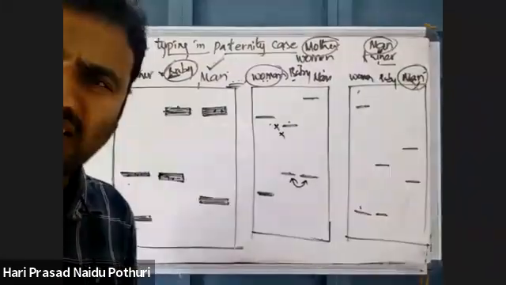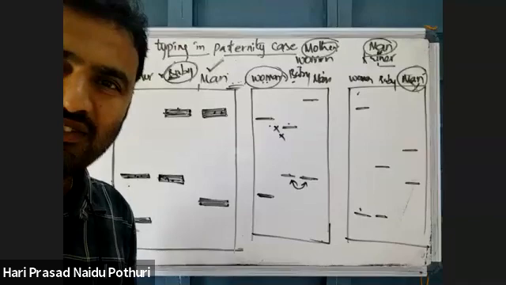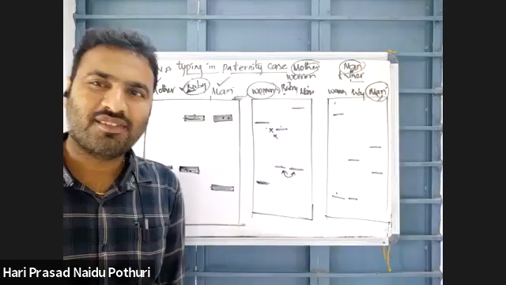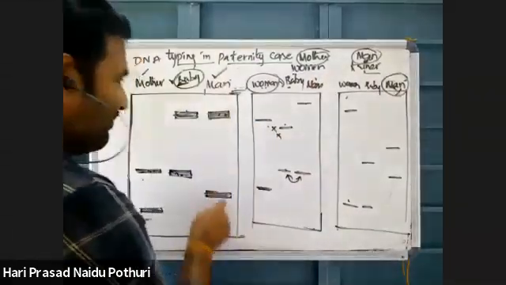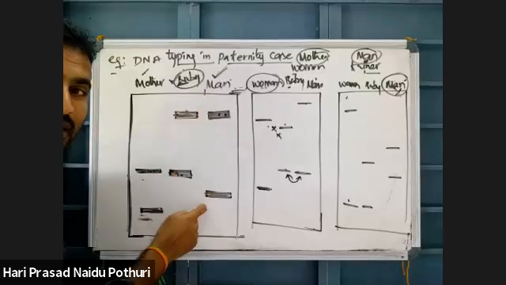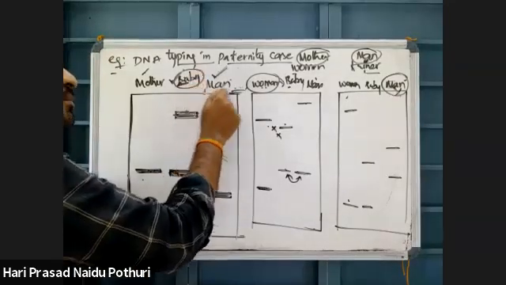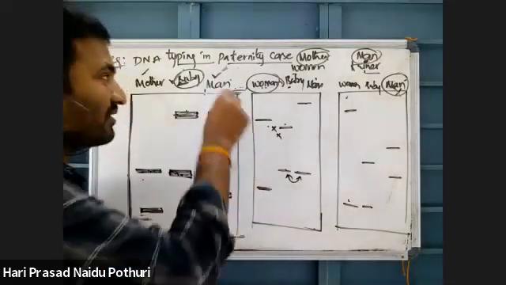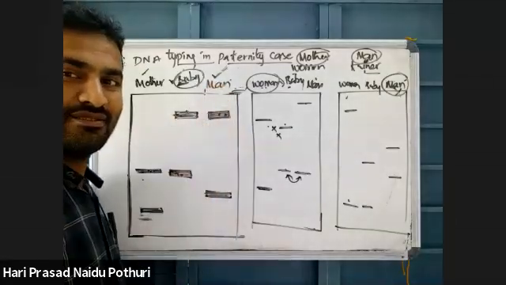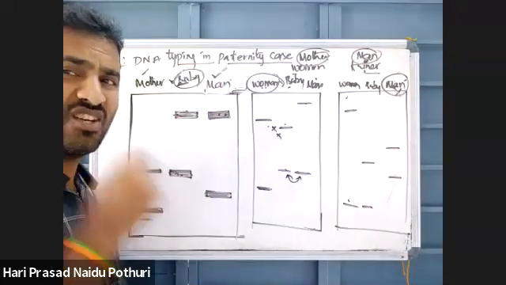Yeah, excellent doubt. Who is that? Ramakrishna, very good doubt. Suppose here it is matching. Suppose this man has a homozygous twin. This man has a homozygous twin. That is the doubt. Excellent doubt it is.